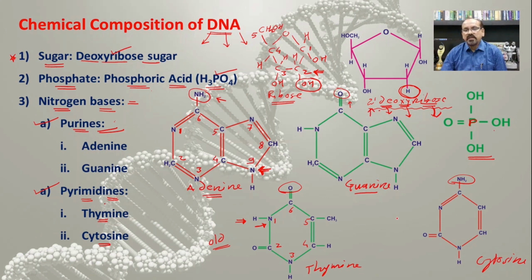But nowadays if we see the pyrimidines, then this is actually the first nitrogen, second, third, fourth, fifth and the sixth. So actually through this there is an attachment of the thymine and the cytosine to that of the deoxyribose sugar during the formation of the DNA molecule. How these different components of the DNA are responsible for the formation of the DNA molecule, we will see in upcoming slides.